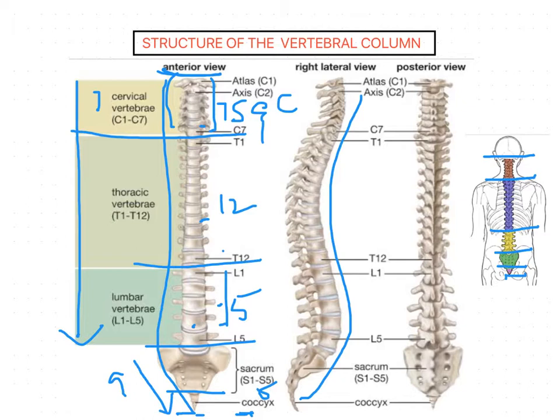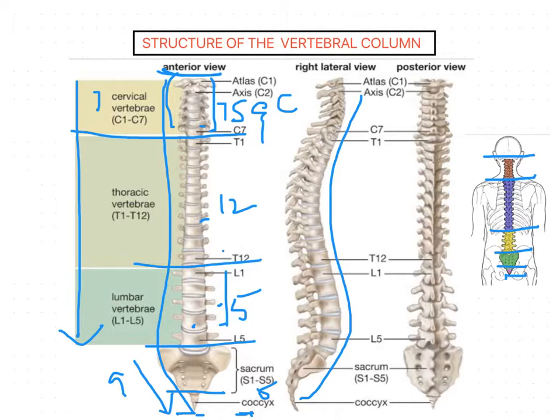And these 24 vertebrae, each one is a separate entity or division in the vertebral column. Now, this is about the general structure of the vertebral column, and in between each vertebra